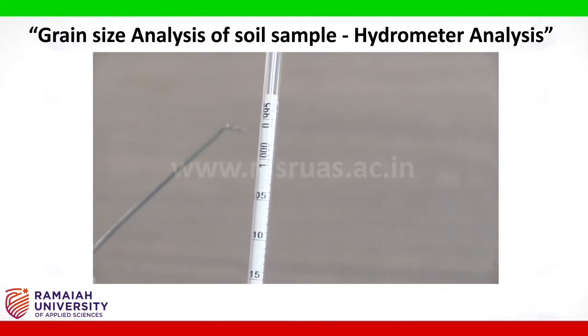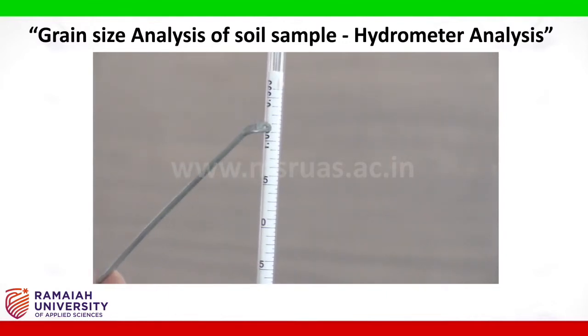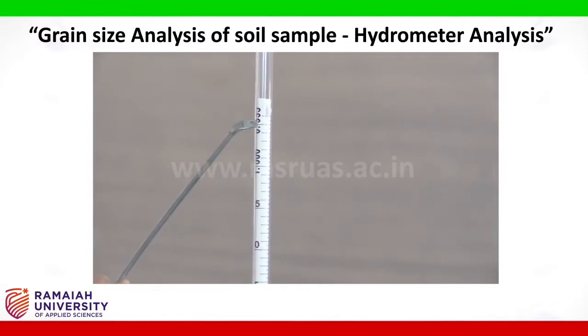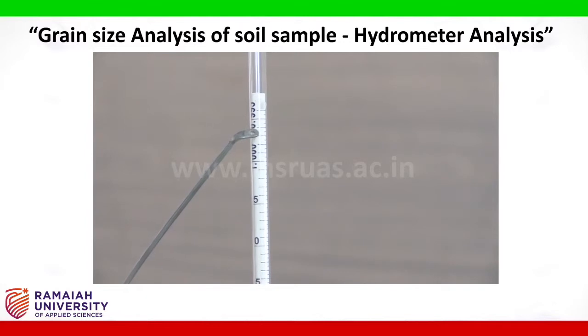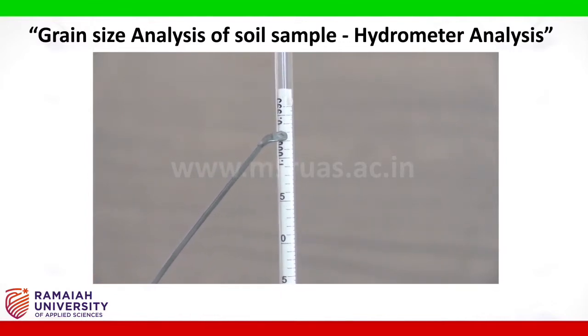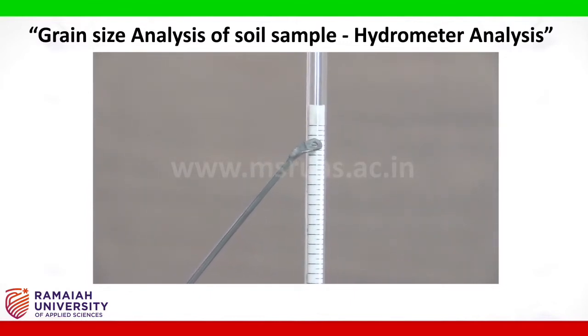Between two bigger divisions, it is 0.005, which means if I consider the mark here, it is 0.996. Each big division in between two subsequent bigger divisions, that is 0.995 and 1.000, indicates a reading of 0.001. So this first reading will be 0.996, this will be 0.997, 0.998, 0.999 and 1. And if you look carefully, you can see each of these divisions are further divided into